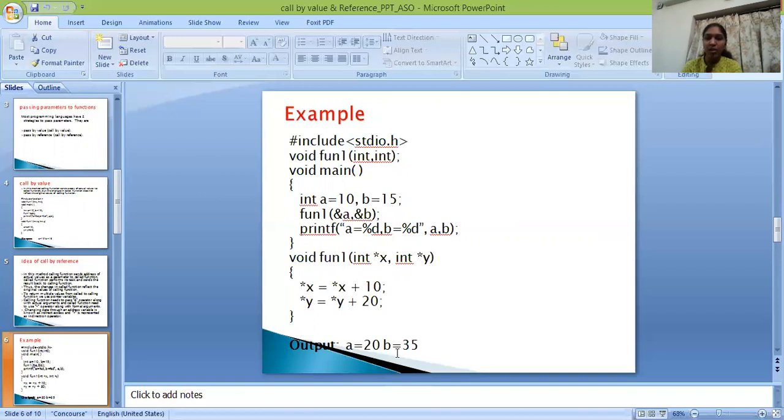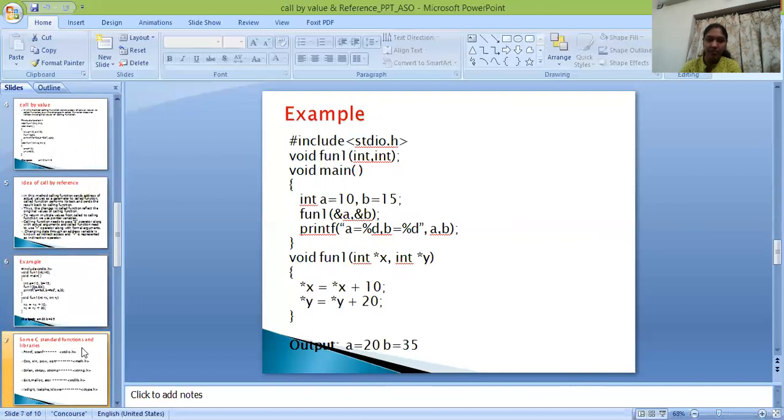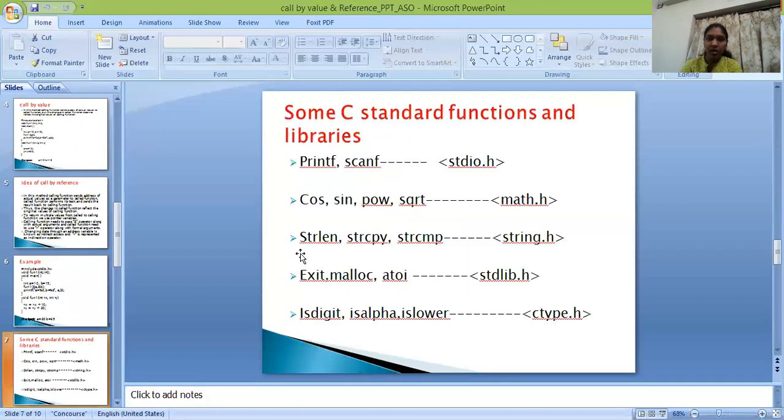In call by value, it cannot reflect in any other part of the program, but here it can reflect by using addresses. Here I can use the indirect operator. Next, some C standard functions and libraries. Printf, scanf are in stdio.h.